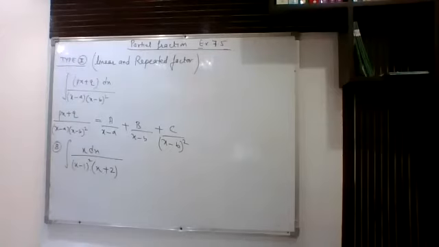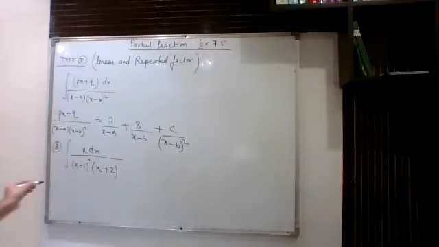So you can see that one is a repeated factor and another is a linear factor. So it is not type 1, it is type 2. Just by looking at the expression, I can say that this is type 2 because one of the factors is repeated. This is how you will differentiate.